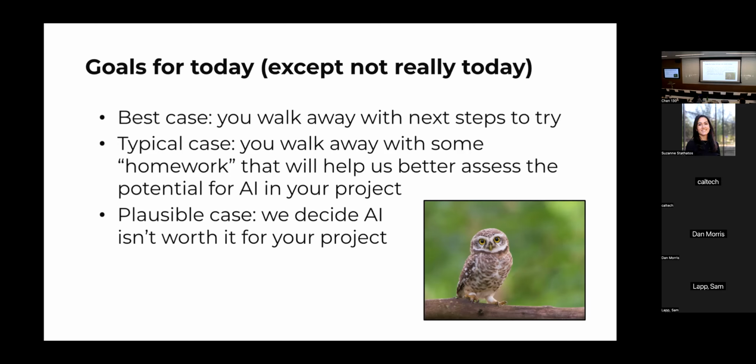And also, I give very different answers when it's a student who just wants to learn about AI. In that case, AI isn't worth it is almost never the right answer. But for real conversations where somebody's trying to really solve an ecology problem, very often, maybe 50% of the time, the right answer is either you're asking something that's impossible from AI, or AI could do this, but it would take more time to build that system than it will take you to just go through your data manually. And we all want to be calibrated to that so that you can give the most helpful advice, not just the most AI-ish advice.